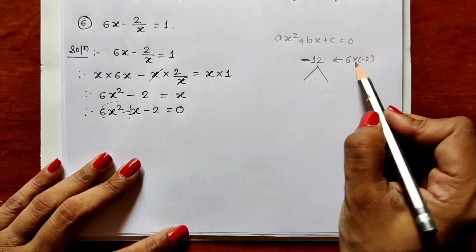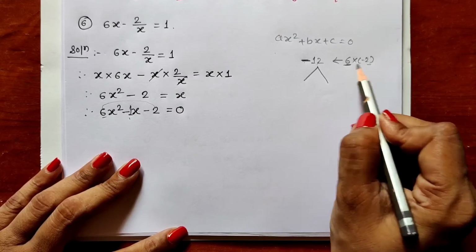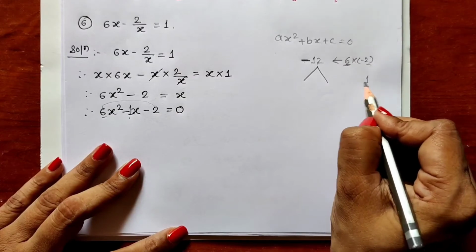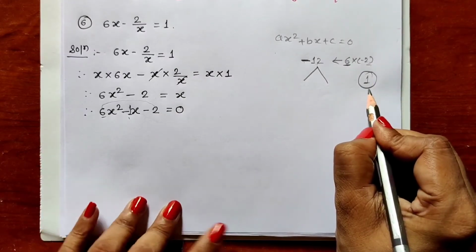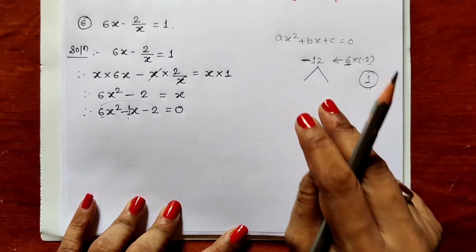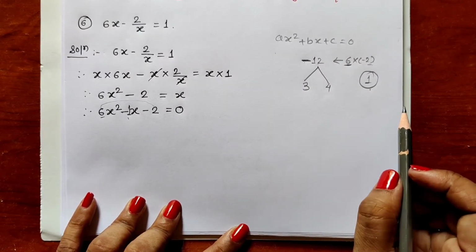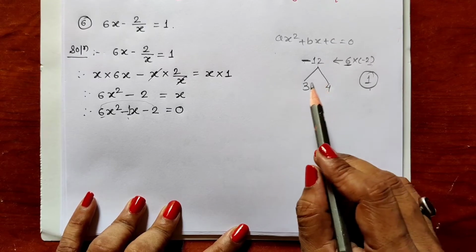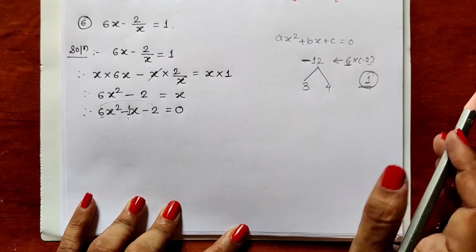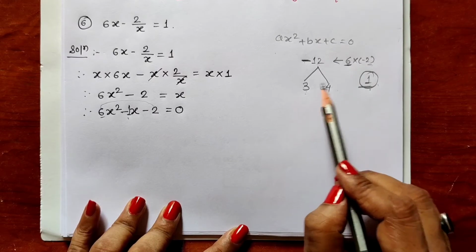So we will have to find two factors of 12 whose subtraction should be 1. We can see here 6 2s are 12, these two factors, 6 and 2. But 6 minus 2 is not 1. We require answer as 1. But 6 minus 2 is 4. So which are the two factors of 12 whose subtraction is 1? 3 4s are 12. We all know that. And 4 minus 3 is 1. So in this way we will have to check the factors always. So two factors of 12 whose subtraction is 1 are 3 and 4.